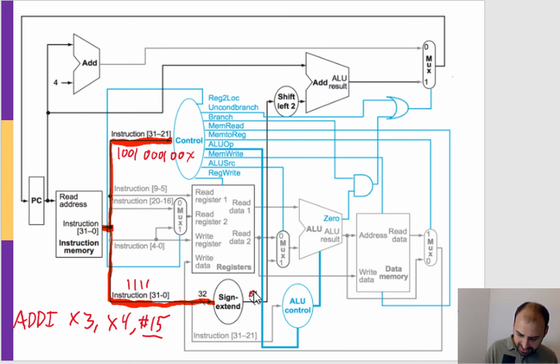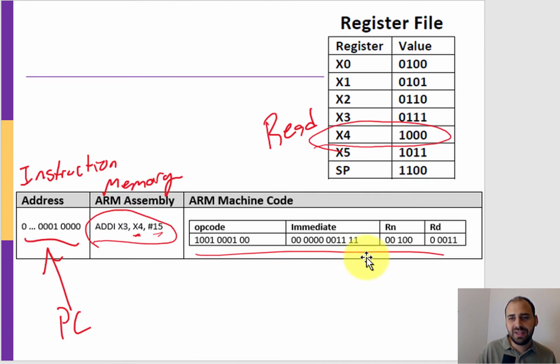We're going to stick with a version of the ARM processor that's a 32-bit architecture. So I'm going to change this diagram a little bit to make it more realistic for our purposes. The bits that we're really concerned about here are not bits 31 through 0, the entire thing, but instead